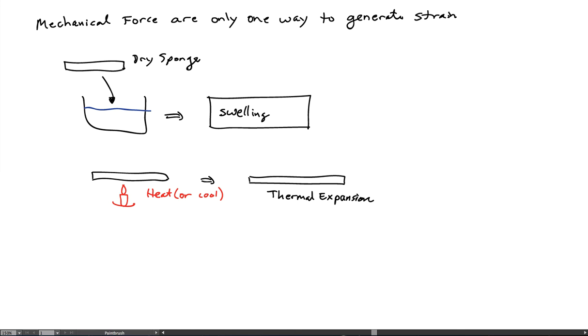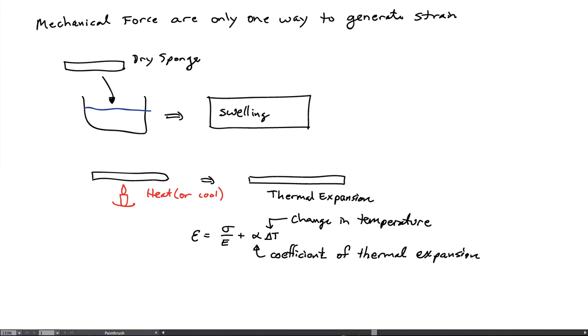Another common way of generating strain is to heat or cool something. So if I take a bar and I heat it up, it will typically expand, and so its dimensions will grow, so I'll have displacement and I'll have strains in the system. We'll work sometimes with this thermal case here. In the thermal case, the strain can be generated in two different ways. We can apply a mechanical load,